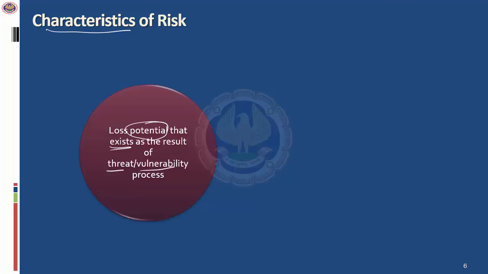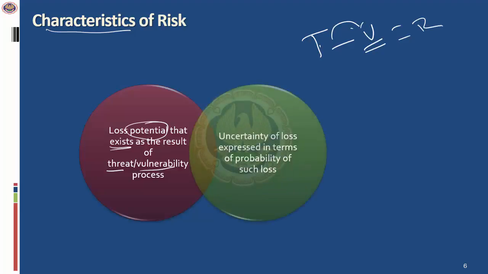So we'll discuss what is the threat and what is the vulnerability and how they create the risk. So you need to understand that there are threats and there are vulnerabilities in the inherent systems. And when the threat exploits the vulnerability, it results in a risk. There is uncertainty. When the threat exploits the vulnerability, there is a risk. On account of the risk, there is a potential loss.